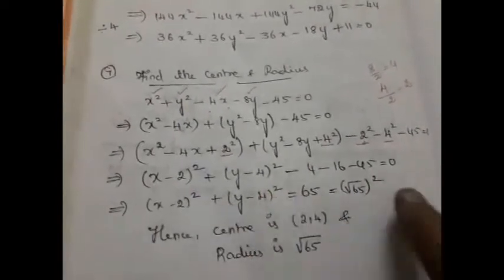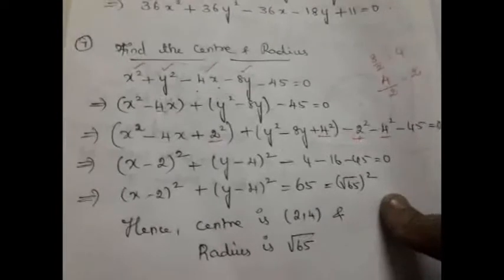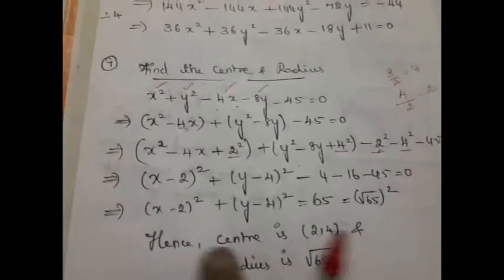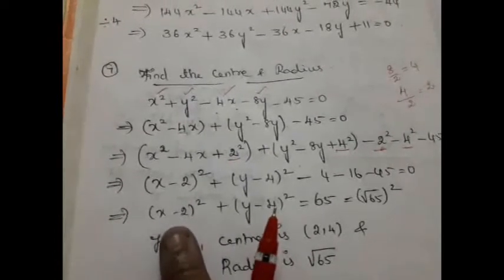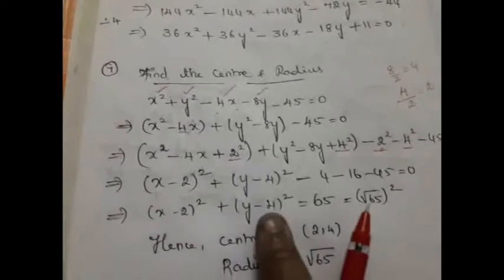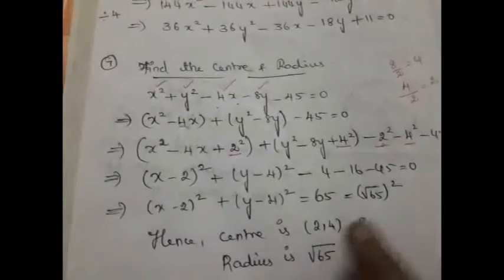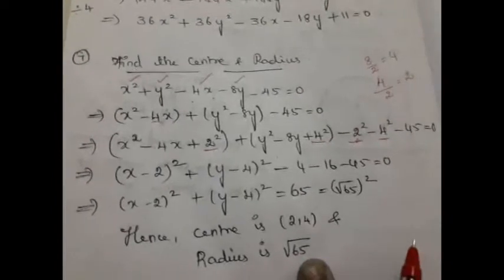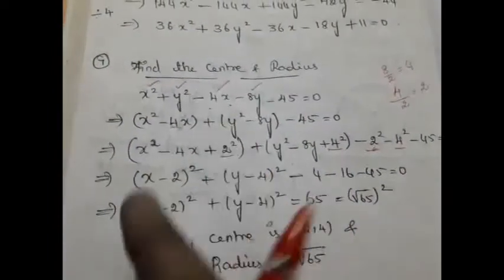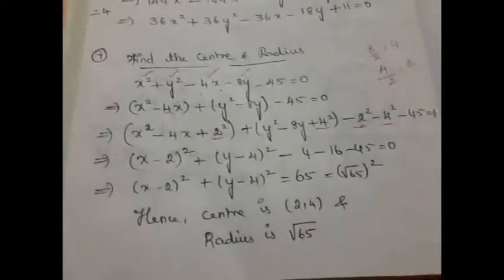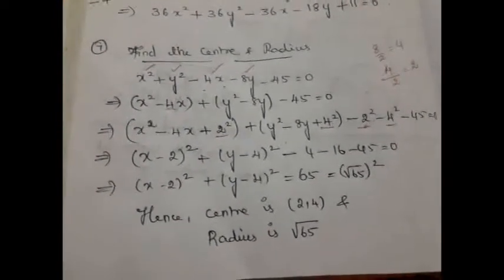Now we have obtained our required equation in the form of x minus h the whole square plus y minus k the whole square equals r square. So what do we have in the place of h? 2. Already the equation has minus, here also we got minus. So h is 2, k is 4. So the center is (2, 4) and the radius is square root of 65. Hope you understood. So first club the x terms and y terms, do the completing the square method to express it as a perfect square, and then get your center and the radius. The 8th question is also done the same way. Let us see the 9th question.